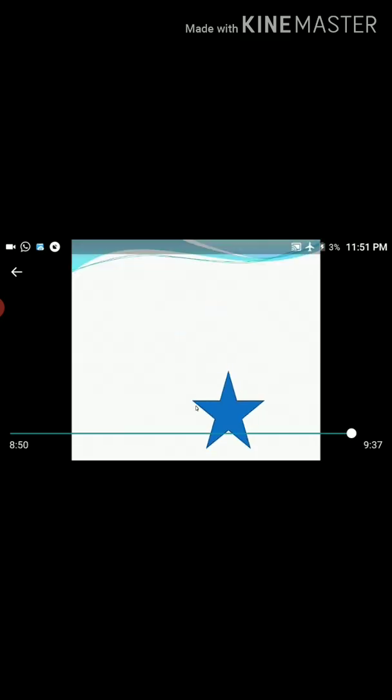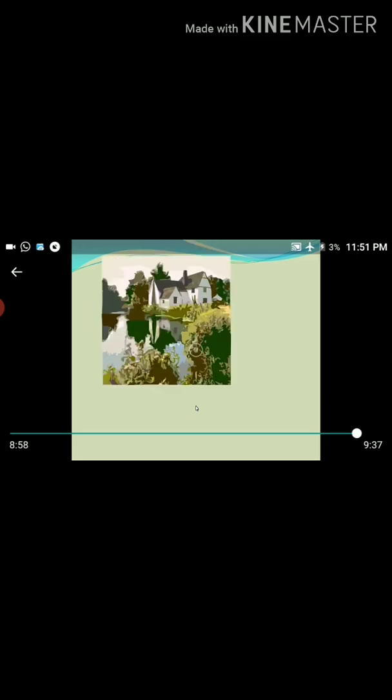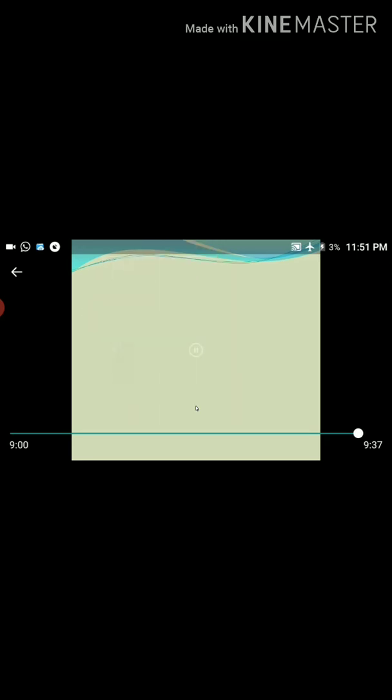All the actions are present here. This is the star moving in a circle on the slide. This picture is from clip art and also has some effects. These are some shapes.